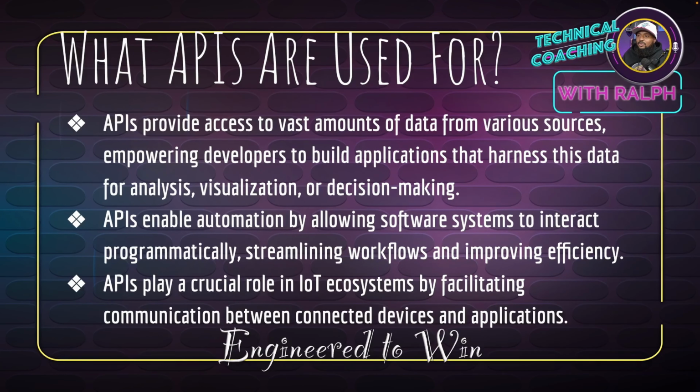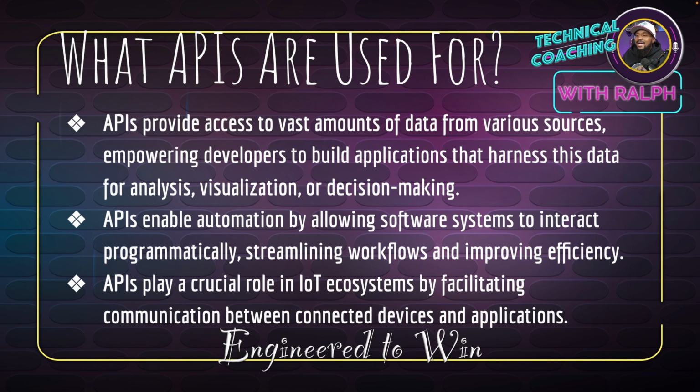In addition to what APIs are used for, APIs provide access to vast amounts of data from various sources, empowering developers to build applications that harness this data for analysis, visualization, or decision making. So you can pretty much build anything using APIs. APIs enable automation by allowing software systems to interact programmatically, streamlining workflows and improving efficiency. APIs play a crucial role in IoT ecosystems, IoT stands for Internet of Things, by facilitating communication between